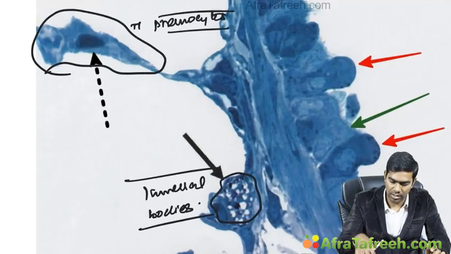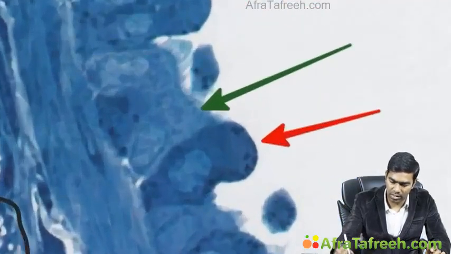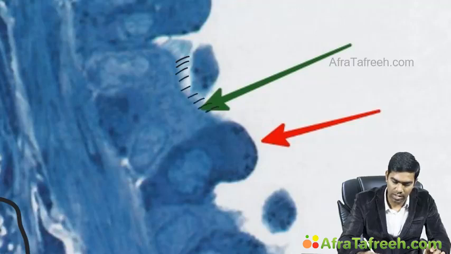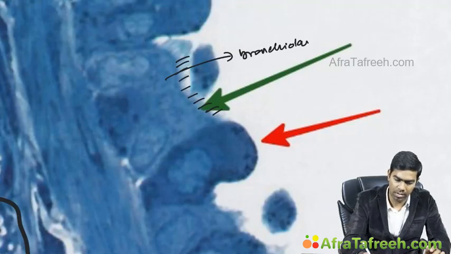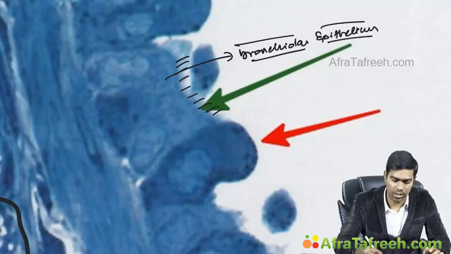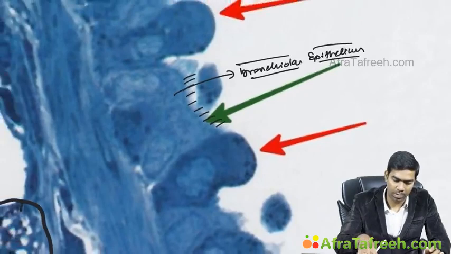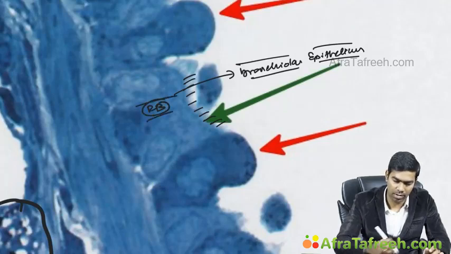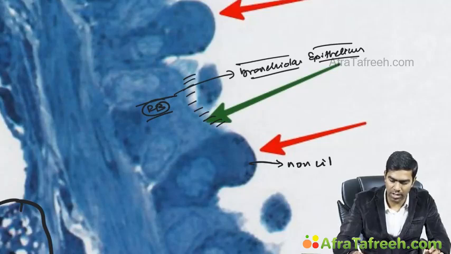And this, you can see here the cilia. These are nothing but a bronchiolar epithelium, which is containing ciliated columnar epithelial cells. You can see these are ciliated columnar epithelial cells of a bronchiole. Here in this condition, this is nothing but a respiratory bronchiole. Clear? And also you can see these red arrows are non-ciliated columnar epithelial cells,